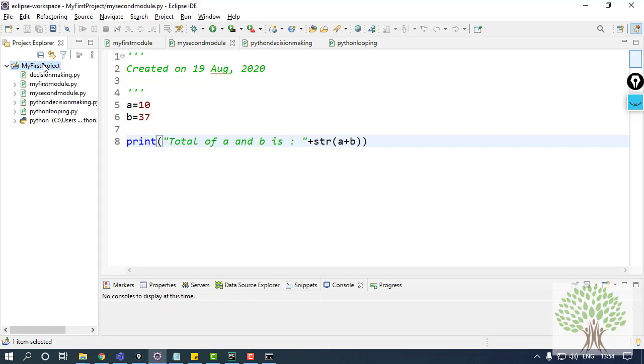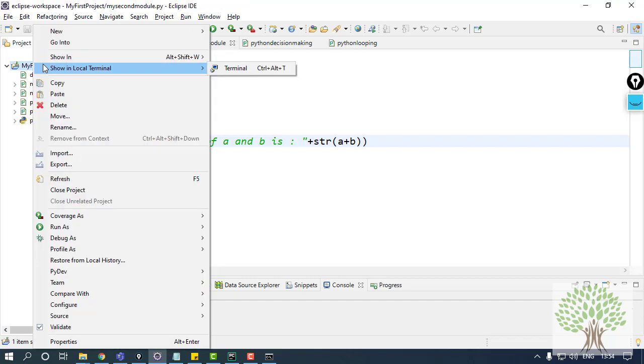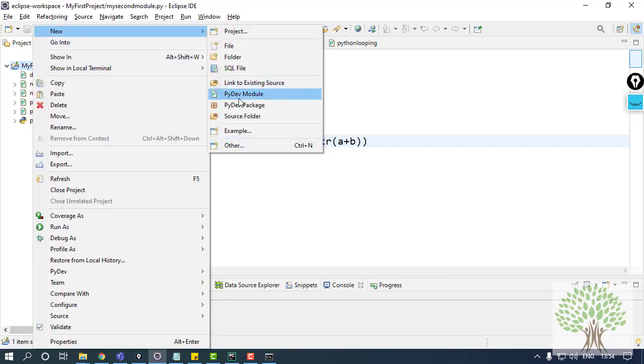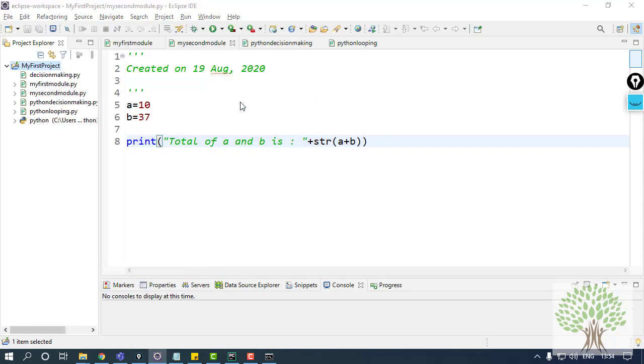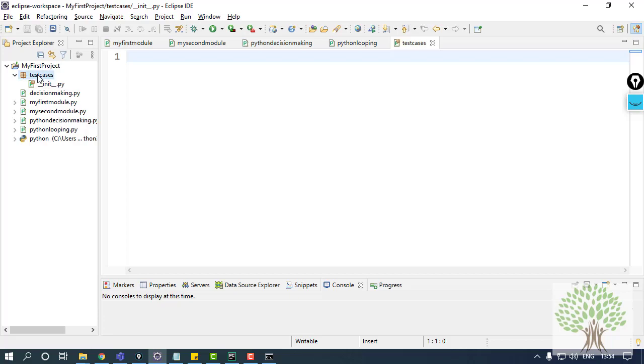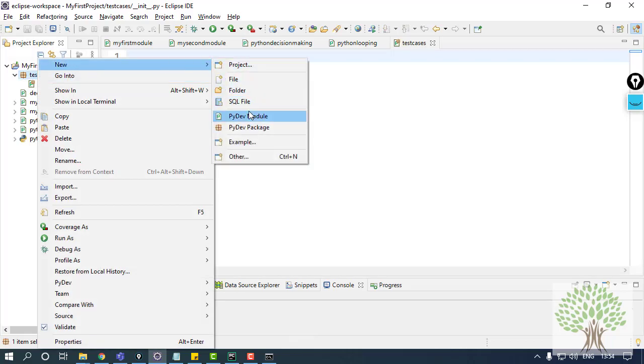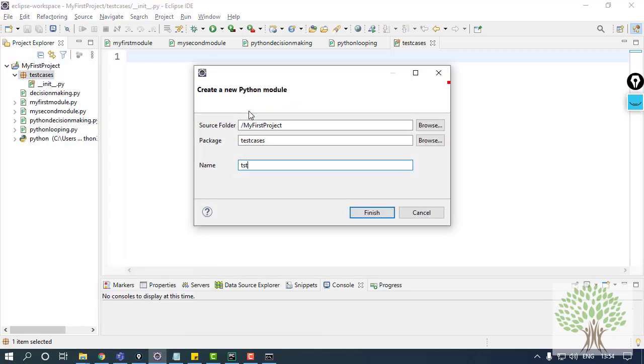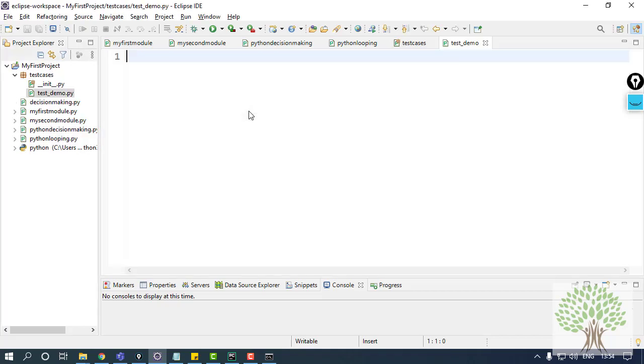I just need to make the same thing, a new package, and in the package I have to create the module and the test case. So I'll go to new Python package, test cases, and I'll name it finish. Inside this I'll have a module and I'll name it test demo. Finish.